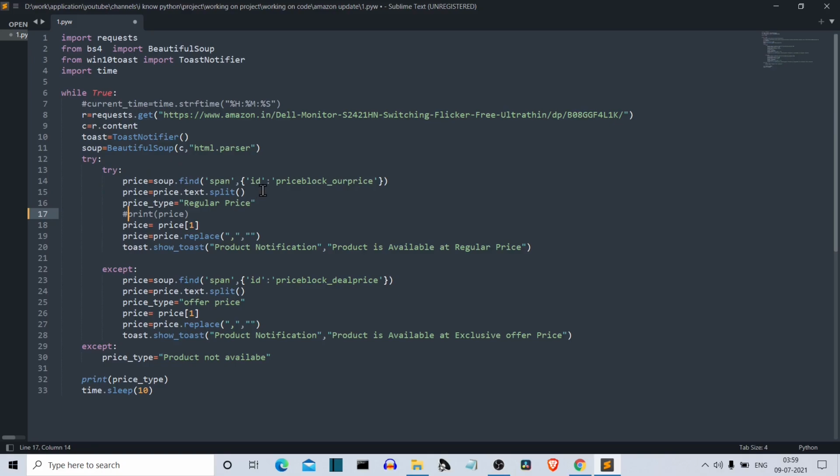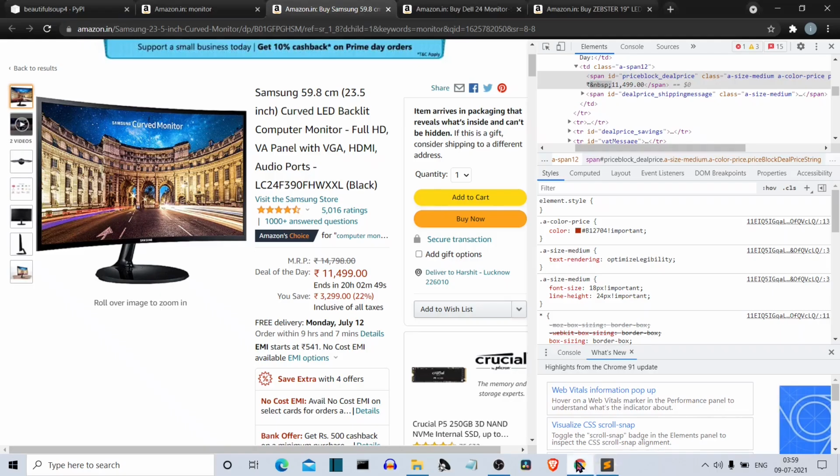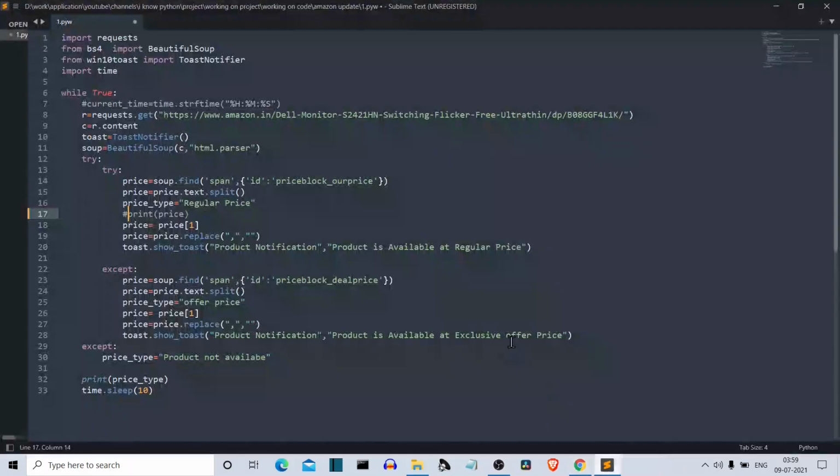So we'll find the span ID. I've already shown you how you can find the span ID by inspecting the price tag. Then we'll split the value, and we want to extract the value present at the second index, and here we are only extracting the text of this price value.